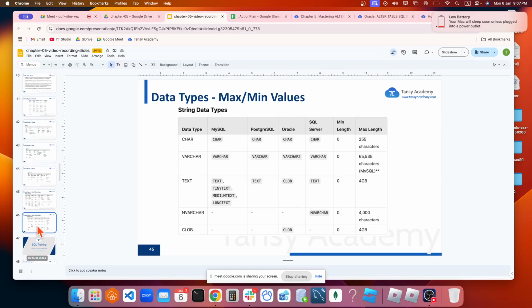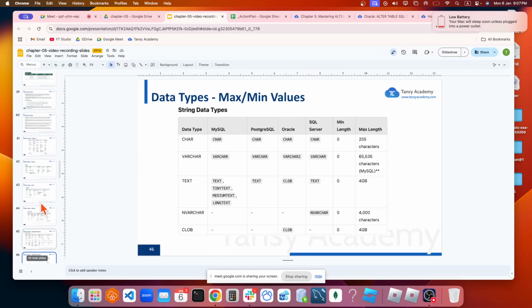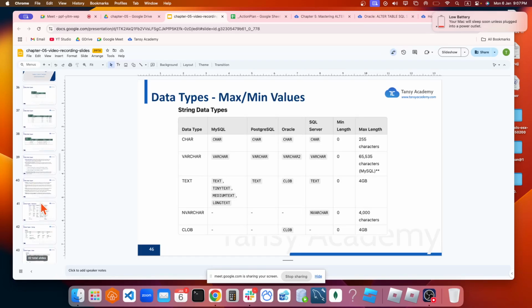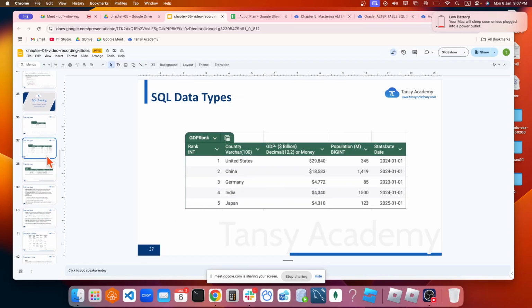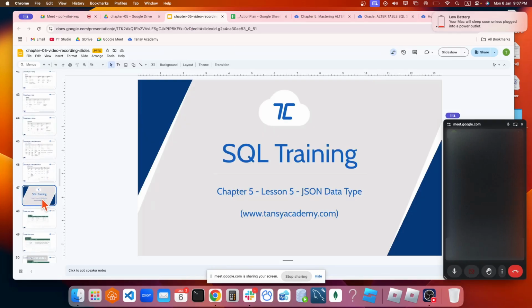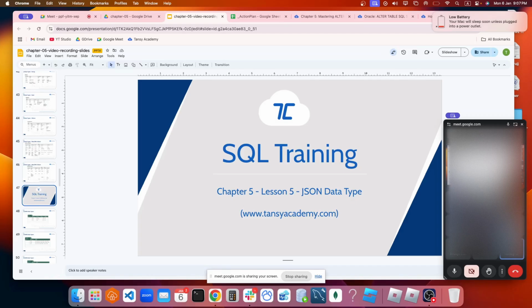Okay, that's it. Don't get too stressed about these data types, looking at these tables and all. Just as I keep showing you in these tables or snapshots: integer, varchar, decimal and date. Just keep it to that. That's enough for creating tables. Yeah. So what is next? JSON data type is